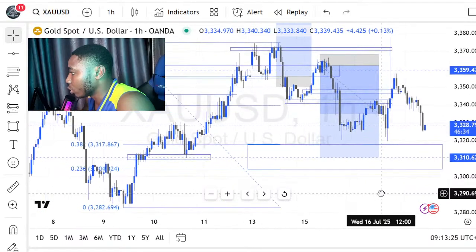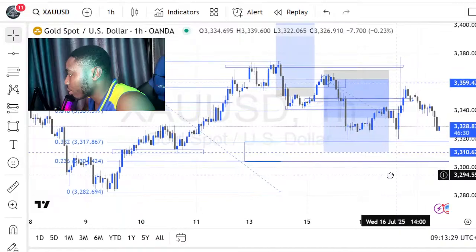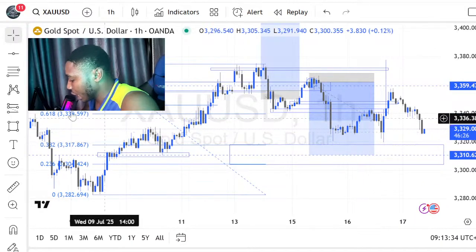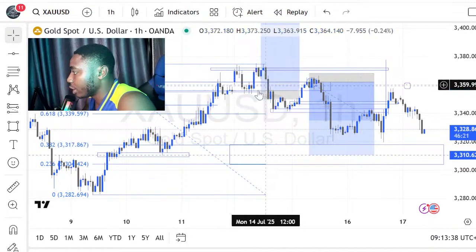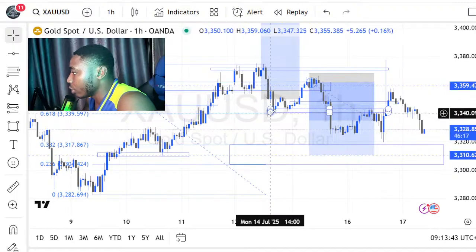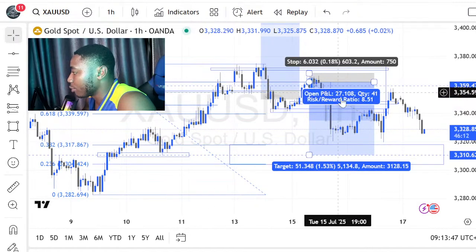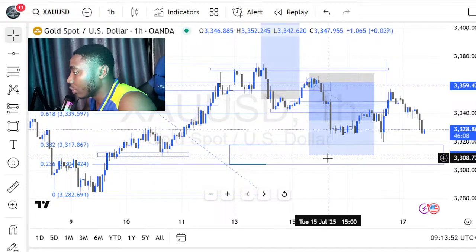Good, yeah, I think we can see it now. So that's the Fibonacci I did. I did Fibonacci from here to this range, and already gold has started rejecting, coming back down here. So I expected to find a new resistance so that it could sell back into the golden zone. This 33.11, 33.10 is the golden zone.